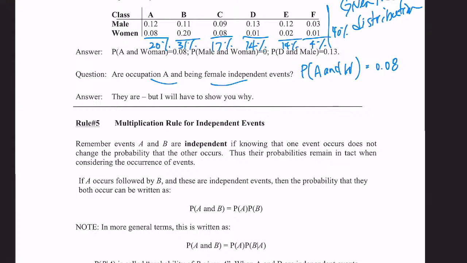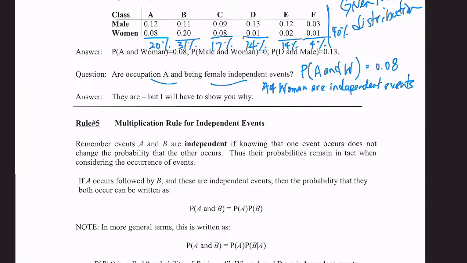It's 8%. To be independent, I'm going to have to write the word woman or it's going to be confusing. A and woman, or woman. I wrote this so weird. So male and A and women are independent events